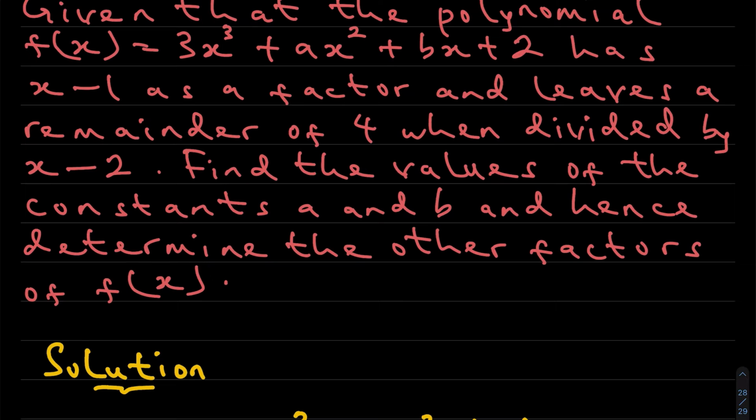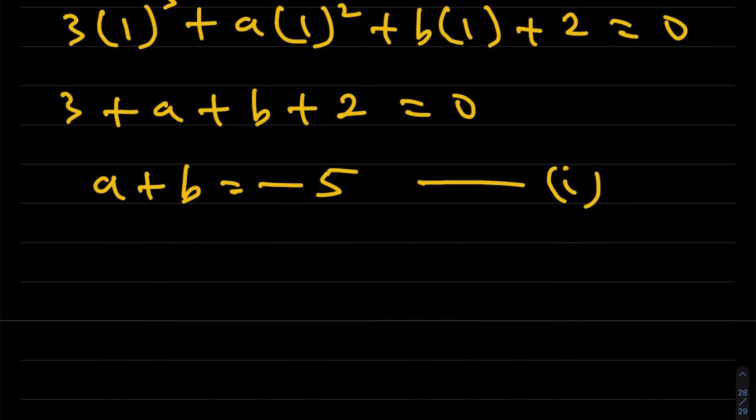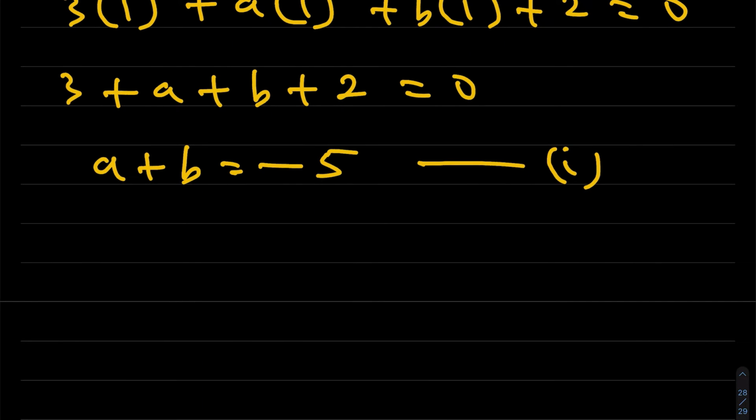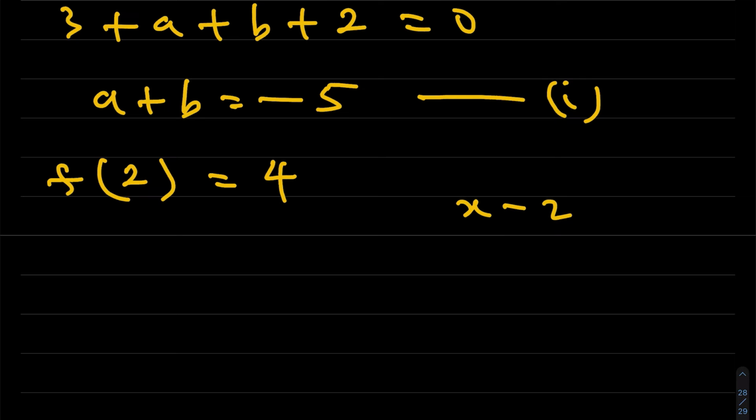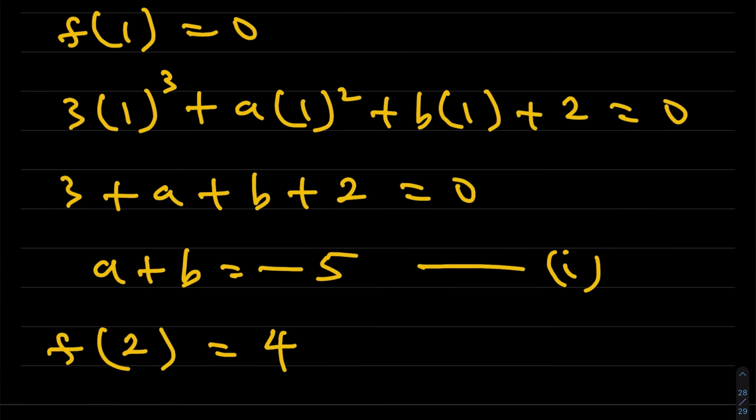It leaves a remainder of 4 when divided by x minus 2. If it is divided by x minus 2, the remainder will be f of 2, and the value of that remainder is 4. When f of x is divided by x minus 2, the remainder will be f of 2, and we are told that that remainder is equal to 4. So that simply means f of 2 is 4, which simply means 3